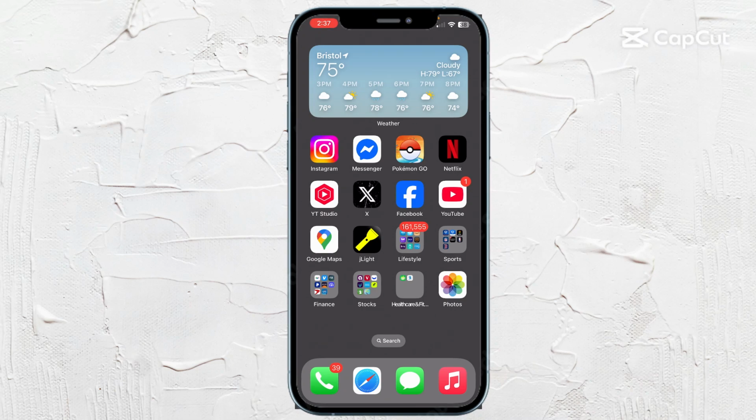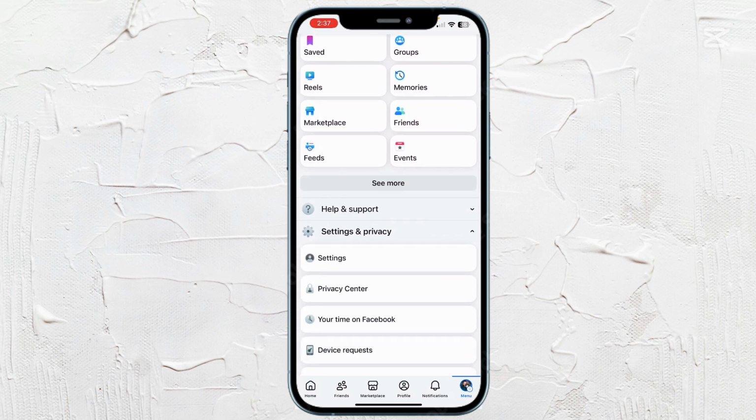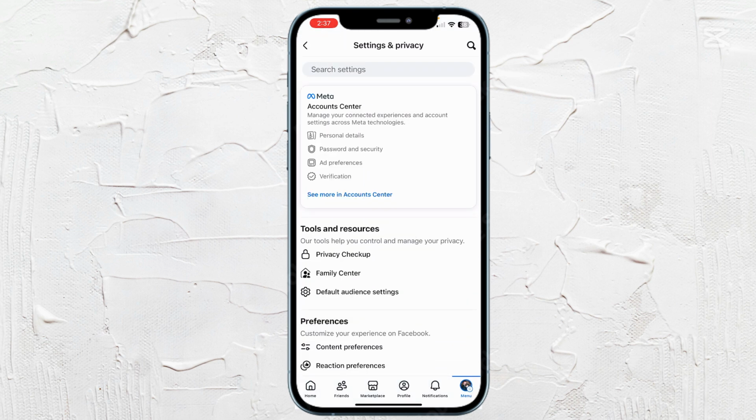How to temporarily deactivate your Facebook account. So go to Facebook, go to the menu at the bottom right corner, scroll down until you see Settings and Privacy and click Settings. From here, stay at the very top where it says Accounts Center and click See More